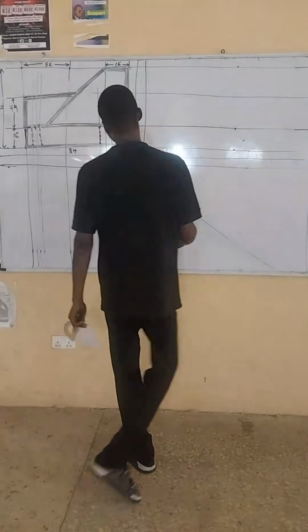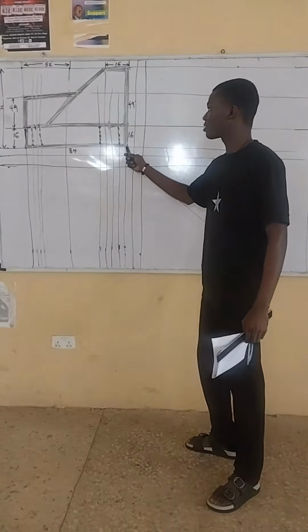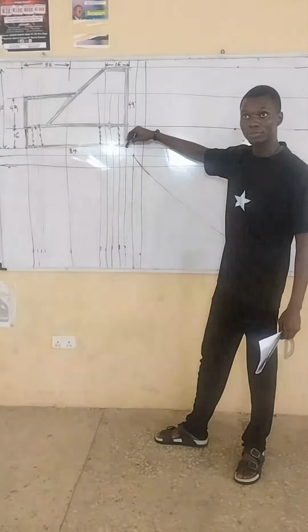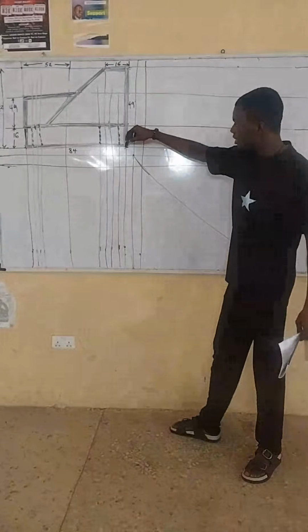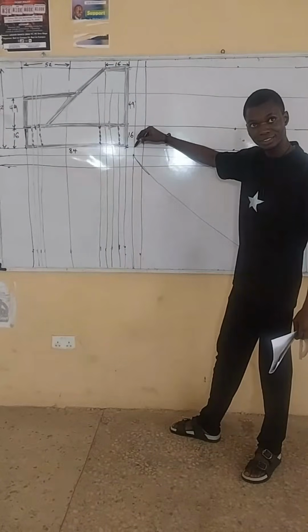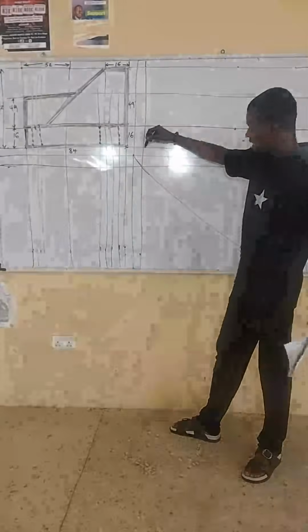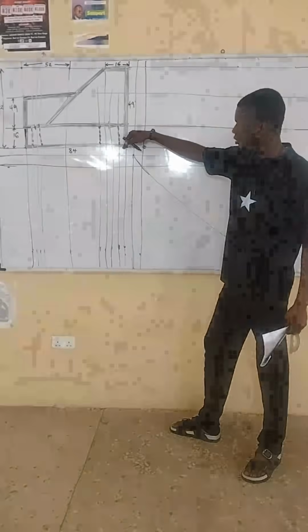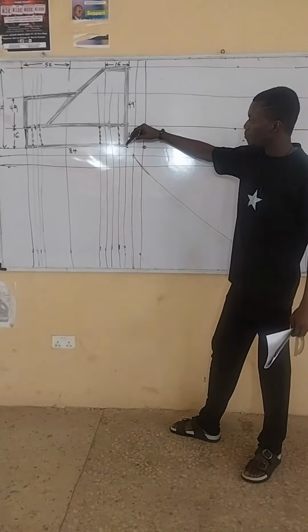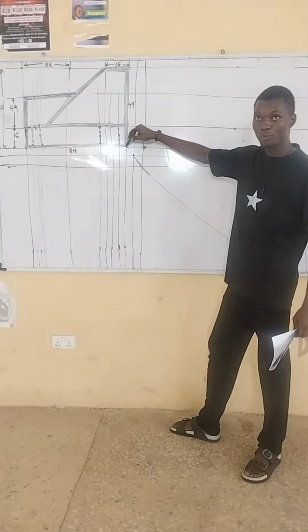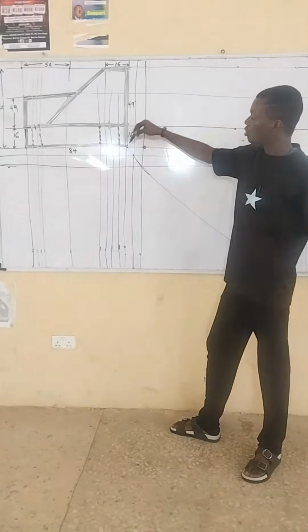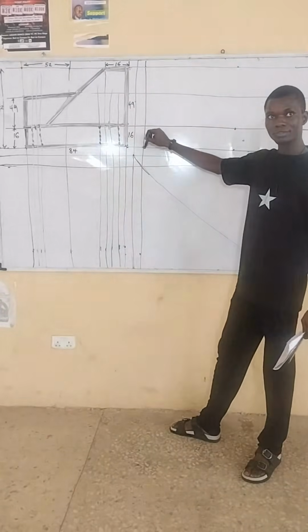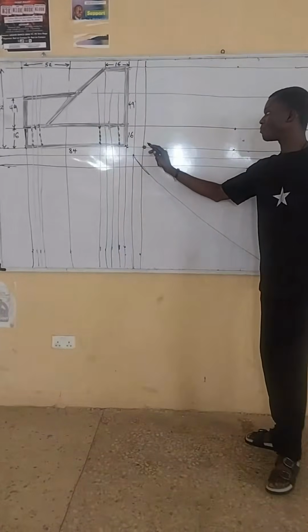Now, where are we starting from? This is the base of the front view. Leave one line, which is the margin, then start from the next one, which is this one. I repeat, this is the base of the front view. Then we started from the front. So leave a line, then start from the next one. So we are starting from there. So from this place now, which is this line,